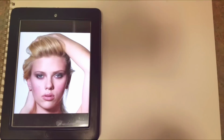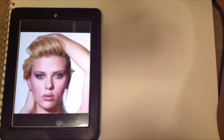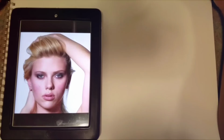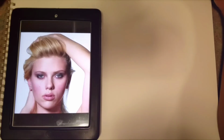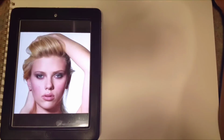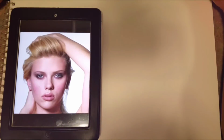Today we're going to be doing a quick tutorial on how to draw caricatures of someone's face. You'll see here that I've already downloaded the practice material for us to use. I picked the lovely Scarlett Johansson, so we're going to see if we can make a cartoon out of her face, okay? So generally when I'm drawing my picture, the first thing that I'm concerned with is to do a